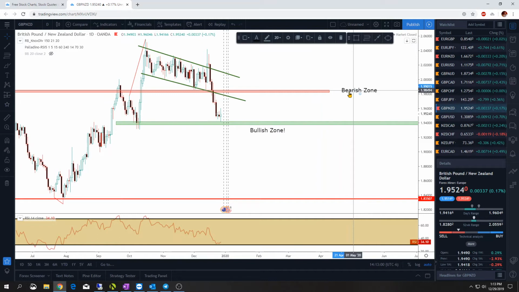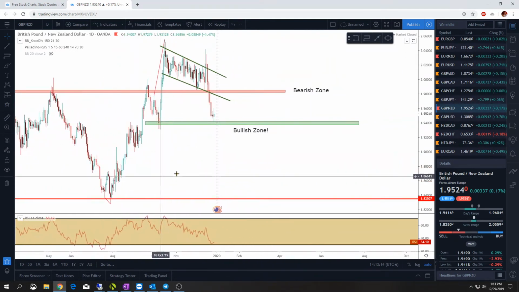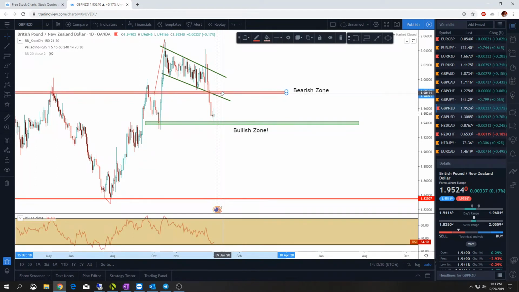Right now I'm looking for price to come down, retest this. I'll get bullish. I'd really be bullish this pair. However, the New Zealand dollar's just been kicking everyone's ass off the dollar weakness. Not a good time to get in a sell trade if you're heavily bearish this pair, because RSI on the daily doesn't show it. But if you get a pullback up and you get a retest of this former support of that flag, good time to get